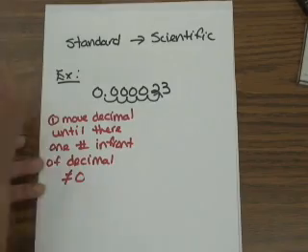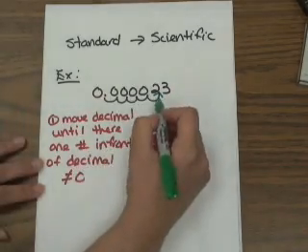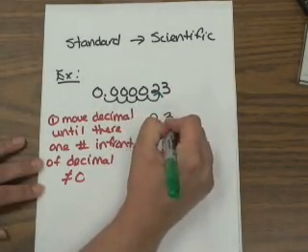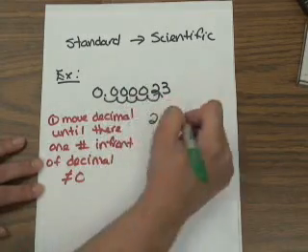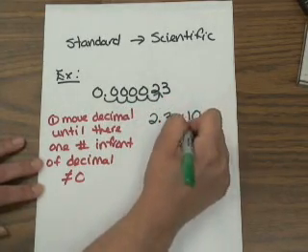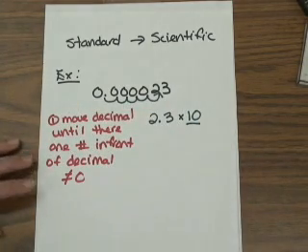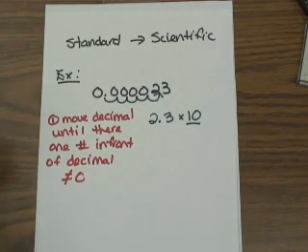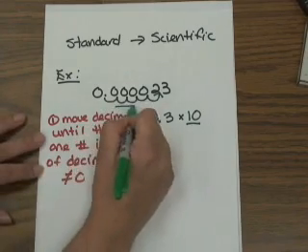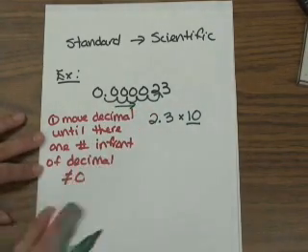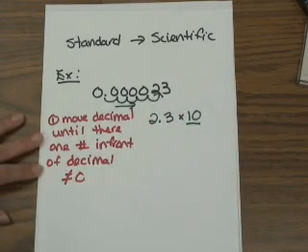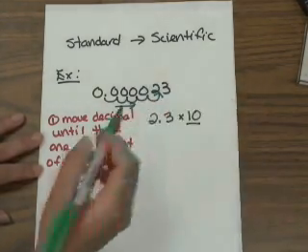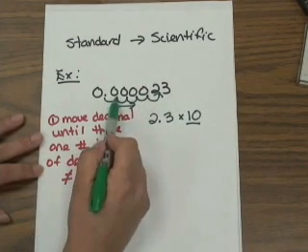So that tells me one thing. So far my problem has become 2.3, and that's because I moved the decimal until there's one number in front, which is the 2, times 10, which is always the base. Now the question is, what exponent do I use here? And this is where a lot of students get confused. They think that since they moved in the right direction towards the positive side of a number line, that the exponent should be positive. But in reality, this exponent is going to be a negative 1, 2, 3, 4,